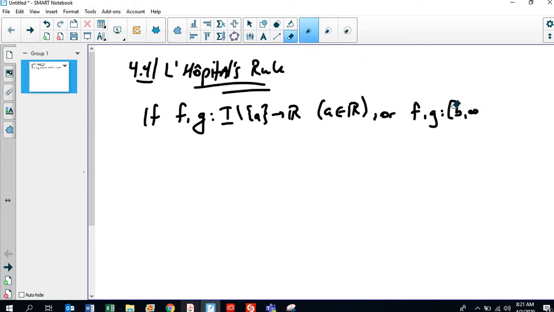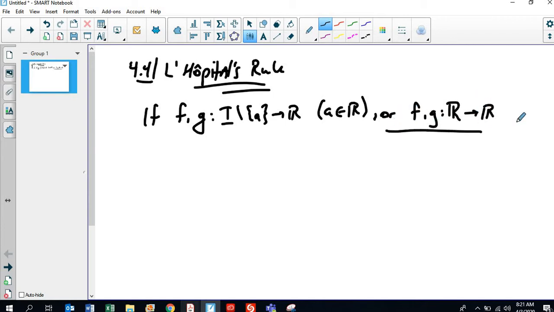Let's just say R, the real line. It's defined on the whole real line. Okay, and this is kind of the segue here. So if f is defined here or there, and